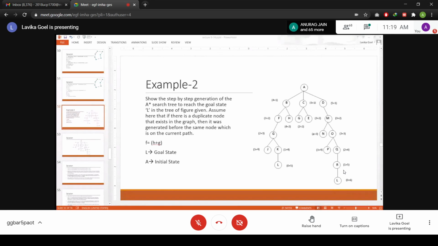Just try to understand the concept of working with duplicate nodes. Otherwise, in a normal example, when you generate the open list and closed list, the nodes that you generate have to be duplicate only if they are present in the current open list and closed list.